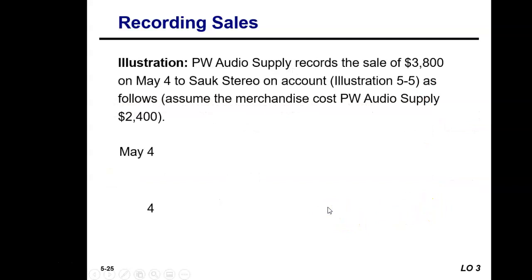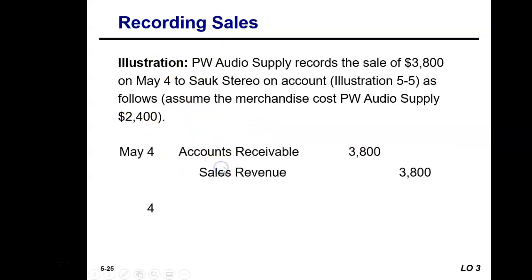So going back to our example, we're now going to be the seller, all right? We know we sold the item for $3,800 to Salk Stereo. But we're saying that PW paid for those same items $2,400. So to record these transactions on behalf of the seller, we would debit accounts receivable and credit sales revenue for the $3,800, which is the actual sale price. You would then debit cost of goods sold and credit inventory for $2,400, which is the amount that PW paid